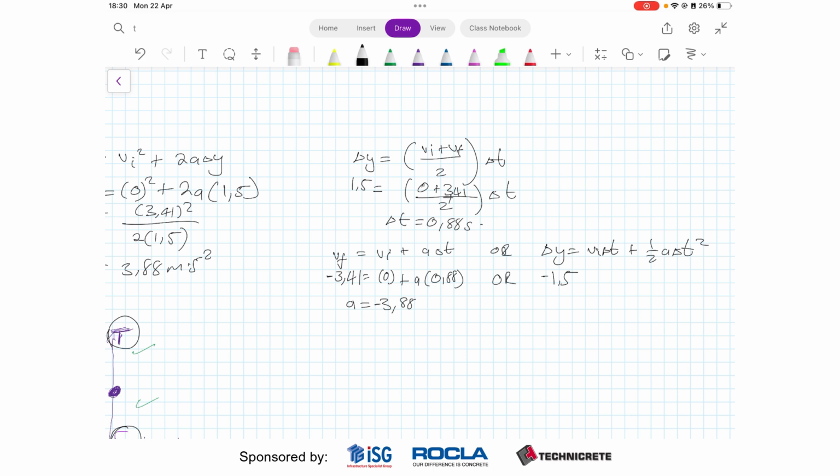Or here, your initial velocity is 0 into 0.88 plus 1 over 2a into 0.88 squared. You'll find that your acceleration is equal to 3.88 meters per second squared. But since they are looking for the magnitude, you can just write this as 3.88 meters per second squared, since we're just looking for the magnitude. And then for